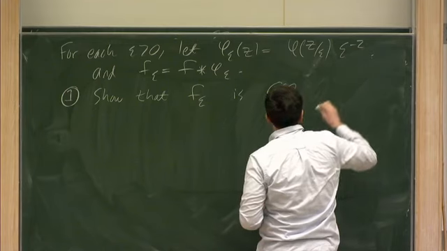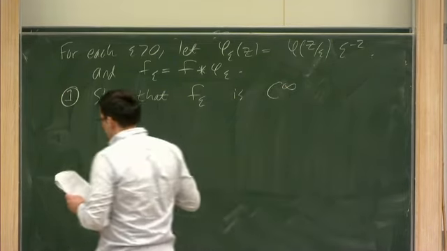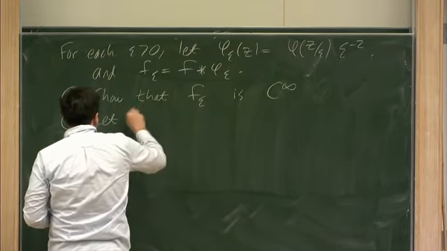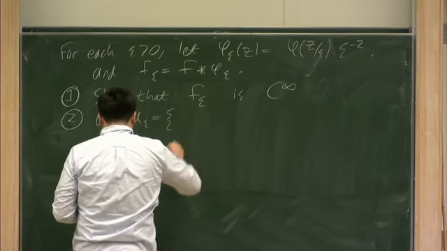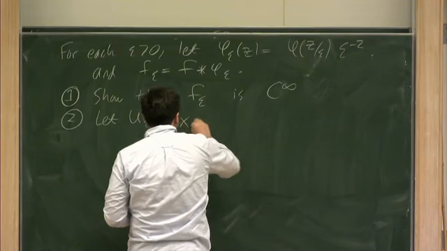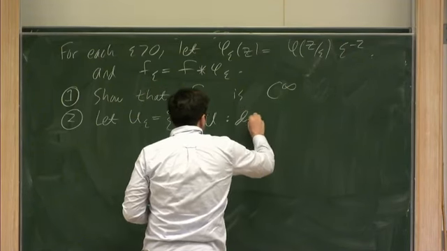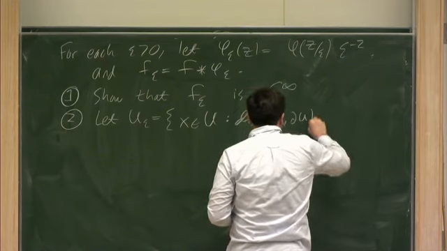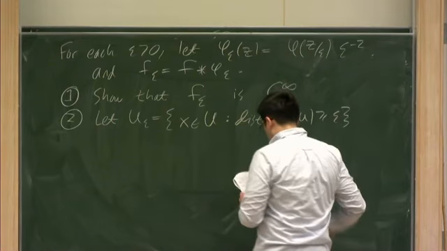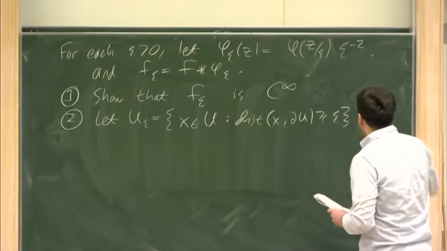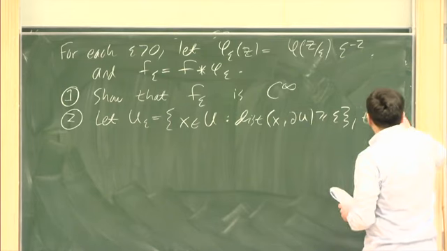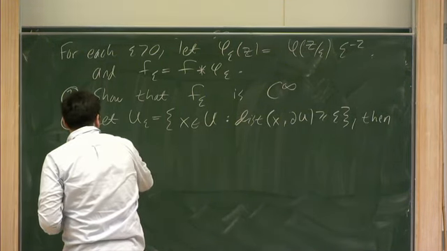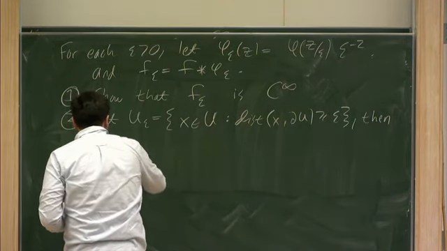This is C infinity. Okay? Secondly, if you let U sub epsilon be the set of points in U such that the distance of x to the boundary of U is at least epsilon, then what you can show is that if x is in U epsilon,